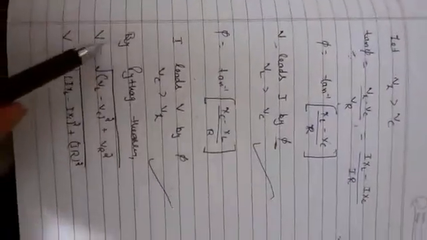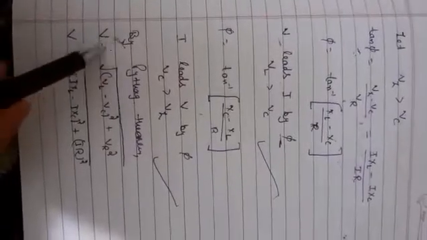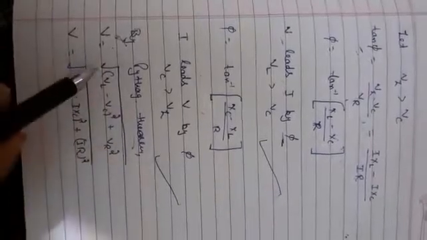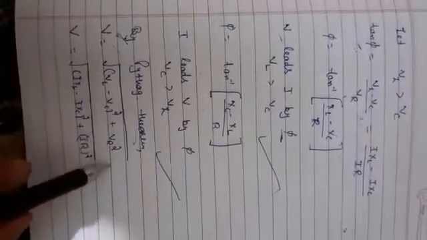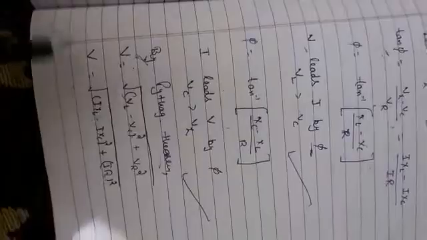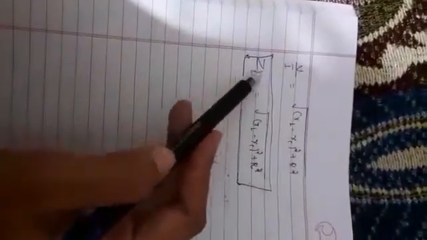So I can write this equation: V square, the square of hypotenuse, will get converted into square root. So V equals square root of (VL minus VC) square plus VR square. I'll put values for VL, VC and for VR. So next I'll get this term V upon I, which I will take outside as a common term. So I'll make it denominator on the left hand side. V upon I is known as the impedance.